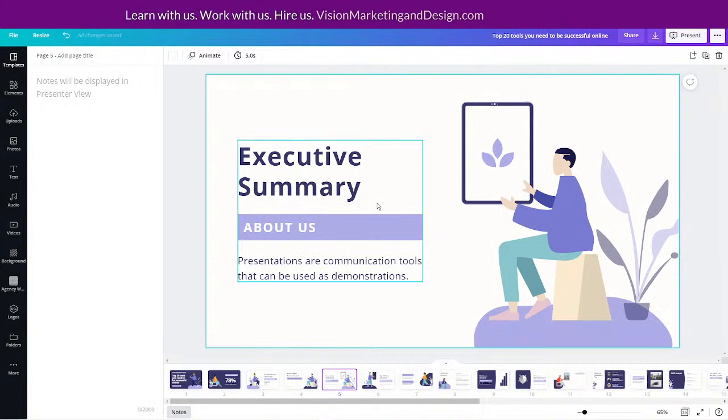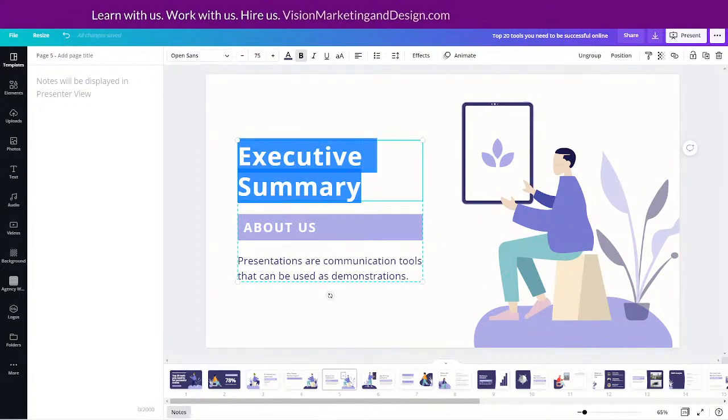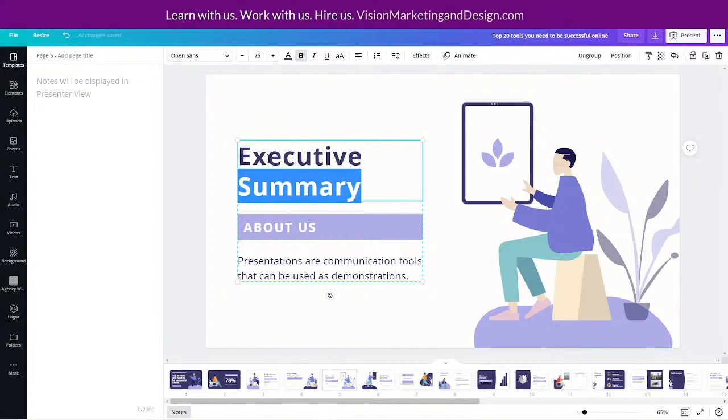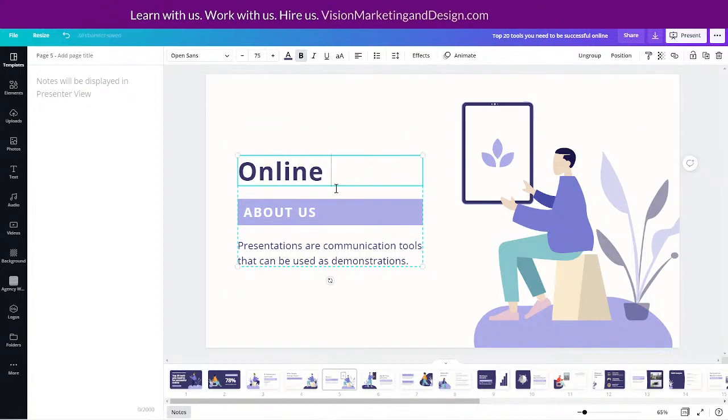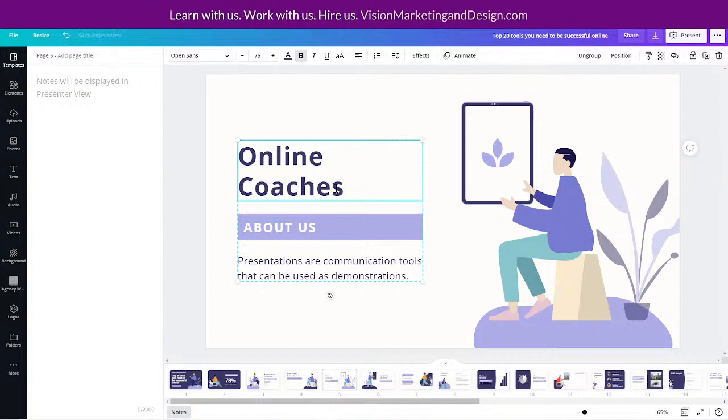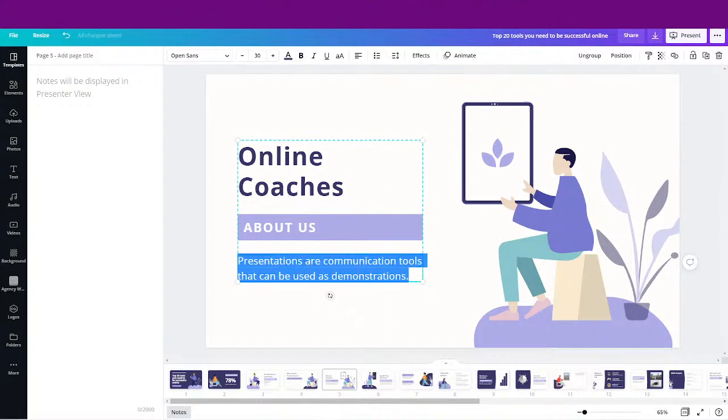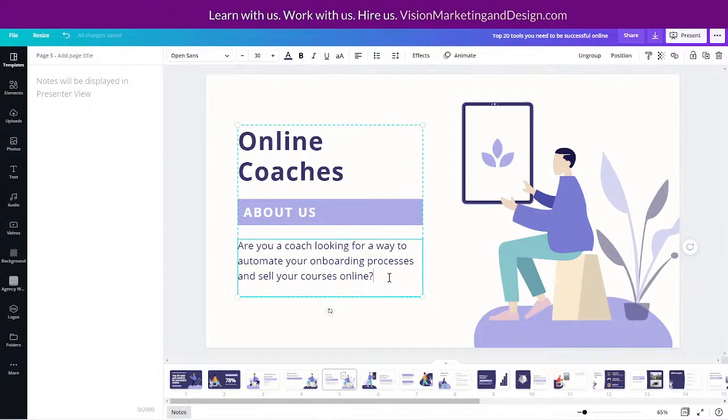And then we can go to a page like this where it says online coaches. So we'll just type out online coaches because I'm just going right from our outline here. Online coaches. And then I'm just going to paste.